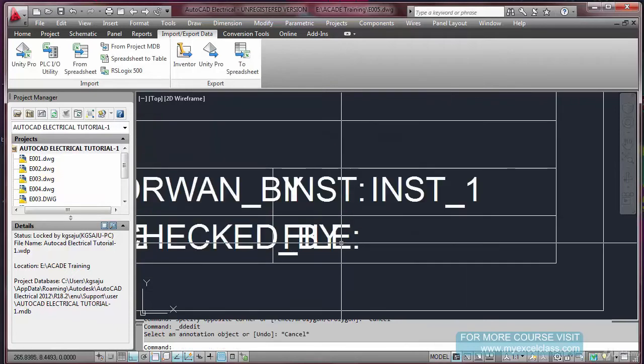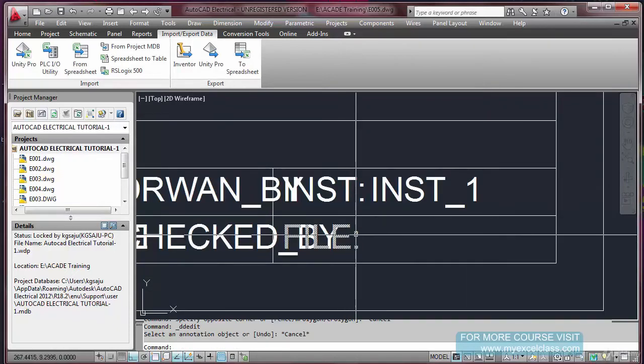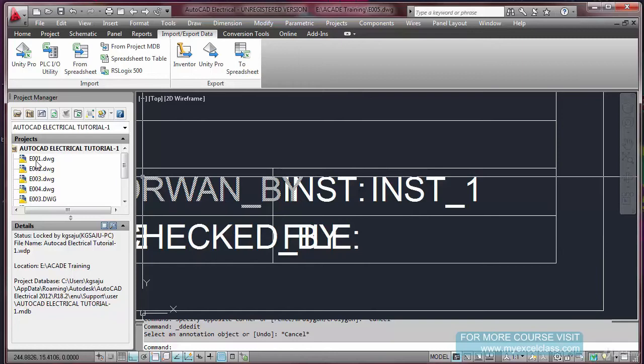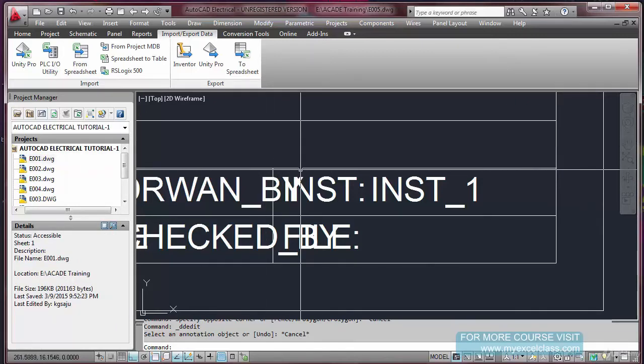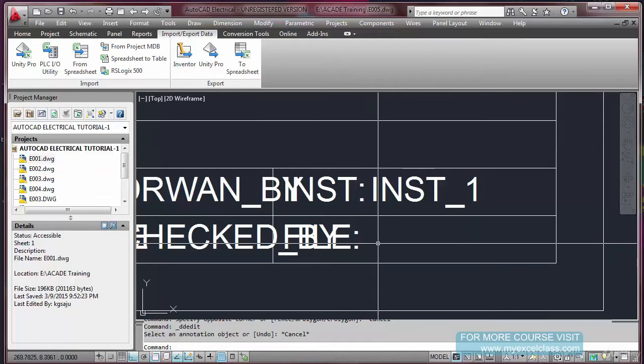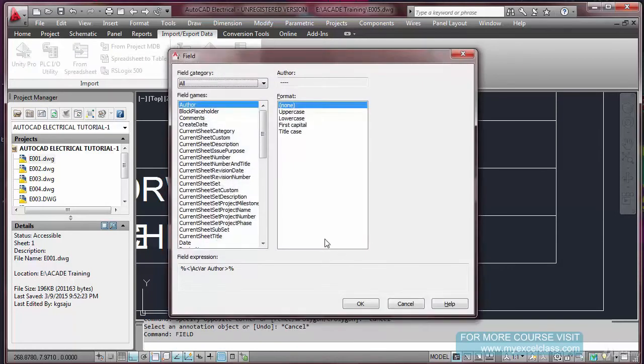And here, file name. Before putting the file name, I am not going to put any attribute for it. You know why? Normally, these numbers, this E0001, that is my file number. So if I open this one drawing and save as E101, I don't have to go into the drawing and change the file name. That will change automatically. There is an option called field. Type just field.